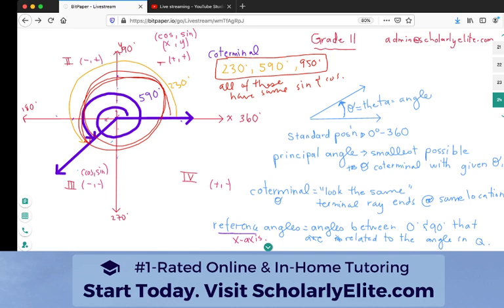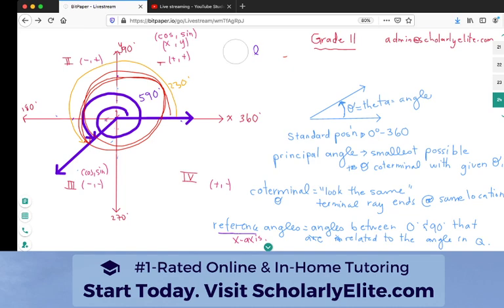So, how do we solve for our reference angles? It seems really simple when you're watching someone else do it, but it does involve paying attention really closely and practicing these yourself, because it's really easy to get these confused, okay? So remember, reference angles are always between 0 and 90 degrees, and we always solve for them using the x-axis,